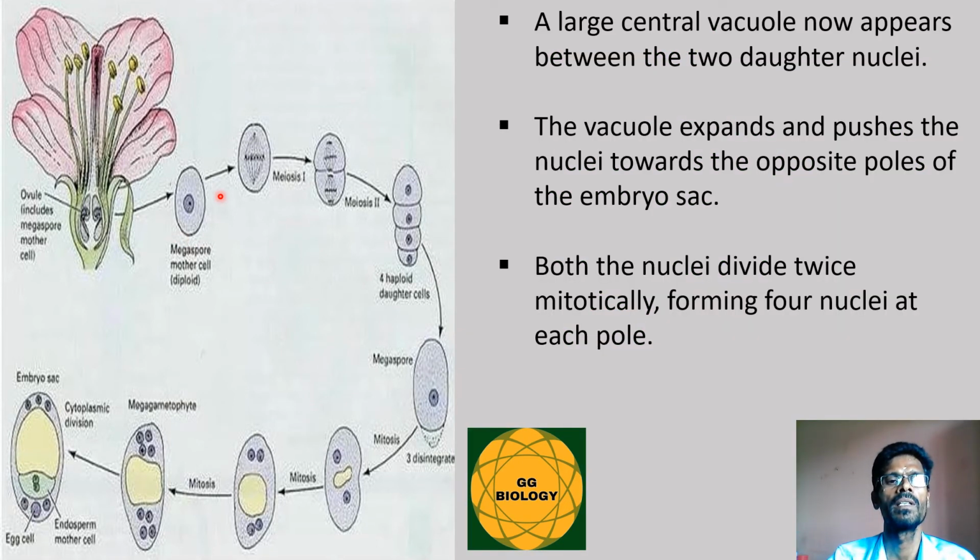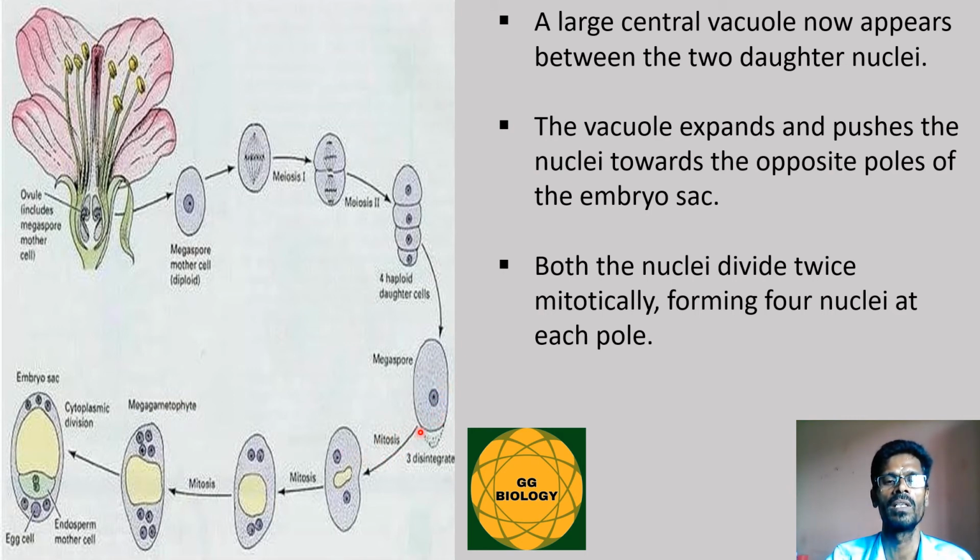And in this picture it is clearly shown, this is the megaspore mother cell, which is diploid in nature. This megaspore mother cell undergoes meiotic division to produce 4 daughter cells. Among the 4 daughter cells, the one on the top is known as the chalazal cell, and this will be functional and the 3 remaining will degenerate. The one which is functional is on the topmost, which will get converted into the megaspore, and this megaspore will continue to divide by mitotic cell division.